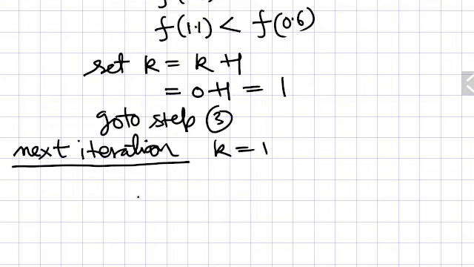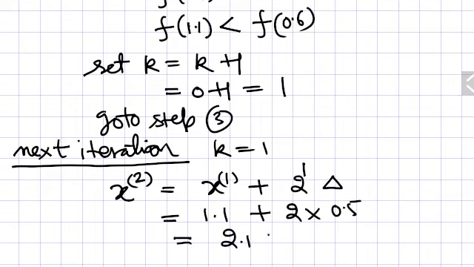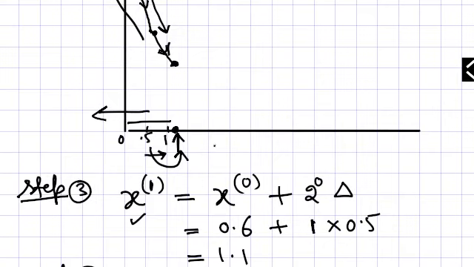So what are the new values? It is x(k+1), that is now it will be 2. So you need to practice it, and it is 1 delta here. So the next value of x will be this, and if you calculate it, 2.1 has come. So you can say that this is 1 and this is 2. Now you will jump to this point, and again you will calculate values at these 2 points.